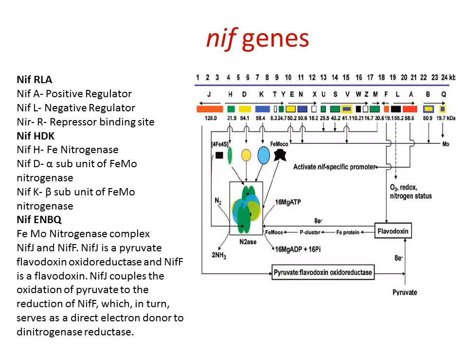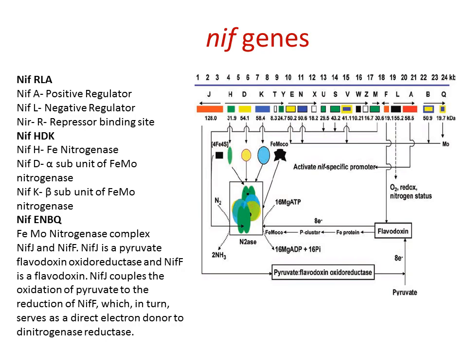Once the condition is favorable for nitrogen fixation, at that time, a positive regulator called NIF A codes for the inducer protein. This inducer protein binds with the repressor protein to form a complex, and the switching on of the operon happens so that the NIF specific promoter becomes active, and the transcription of other NIF genes involved in the process is induced. So this is the role of NIF A and L.